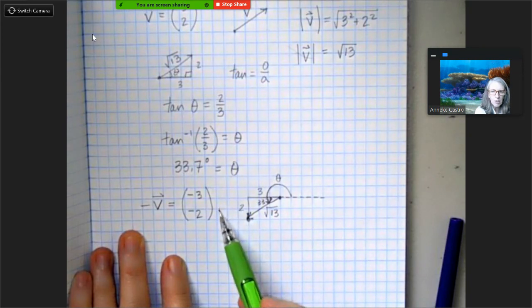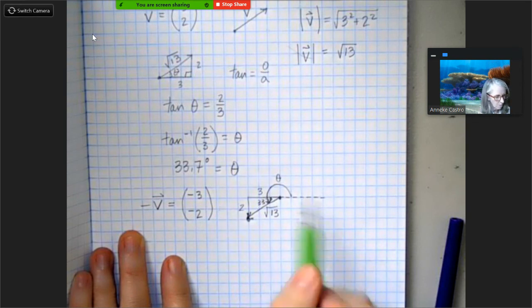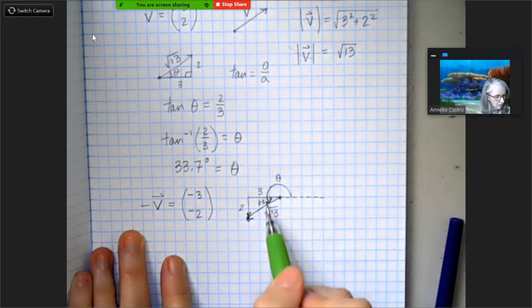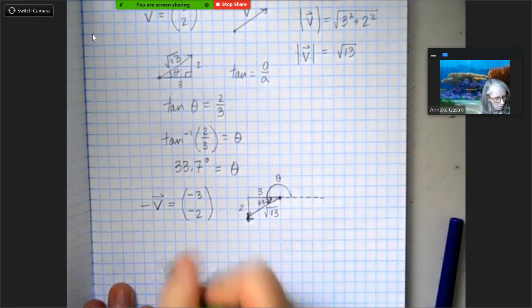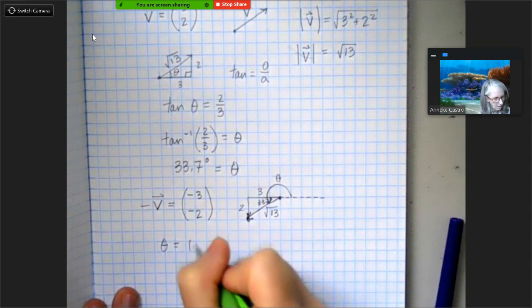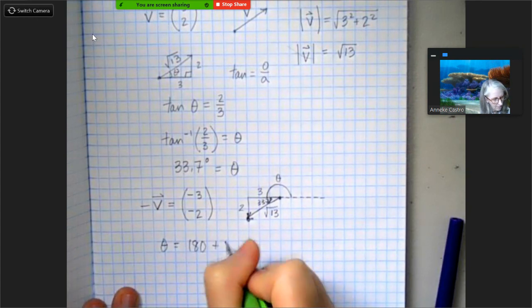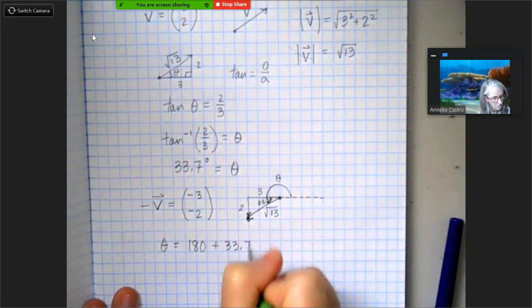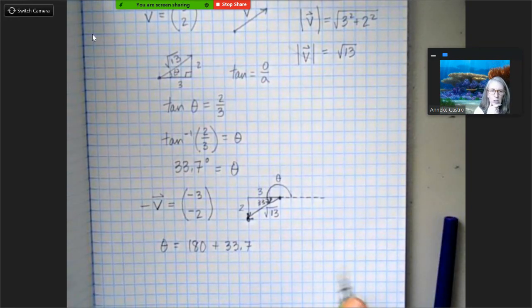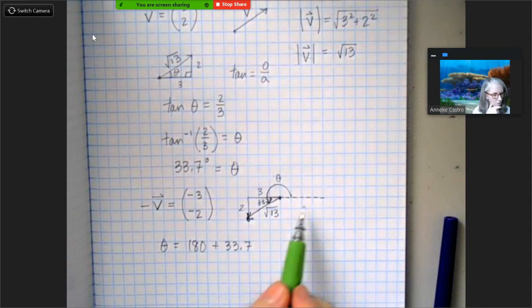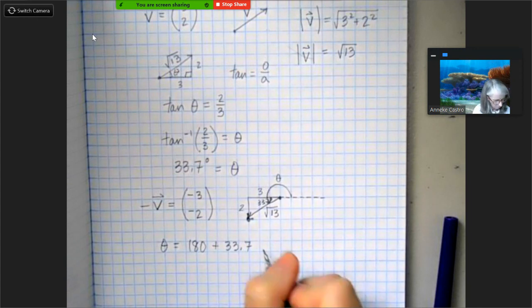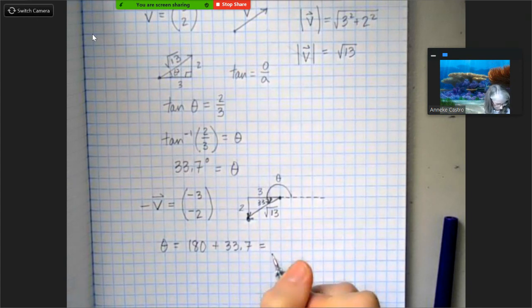You got to make sure that you're going back to the x-axis and figuring out the full angle. So theta in this case is going to be 180 plus that 33.7. It's kind of like when we were using the unit circle and you had to be careful about your signs, because as you go around the unit circle, the signs are changing, right? So if we add those together, we get